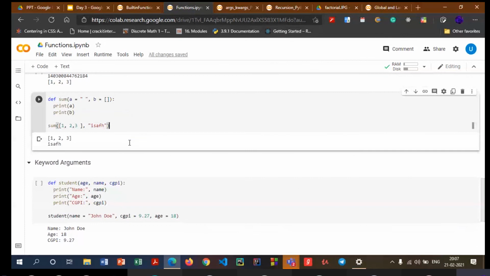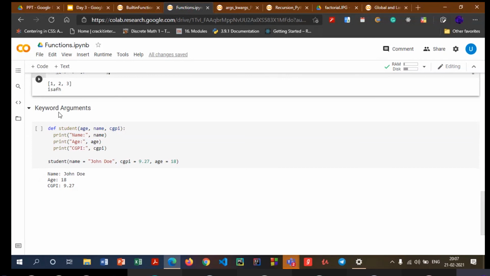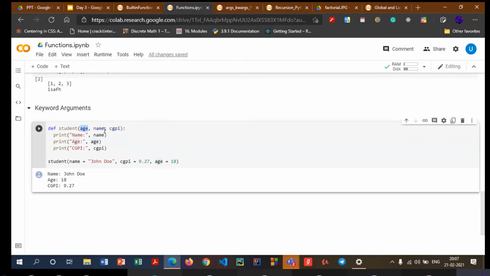When you want the order in which you pass the parameters to not be important, we make use of keyword arguments. You have these three values, for example age, name, and CGPI, which is what the student function takes, and you want to change the order. That is, you can pass the parameters in any order you want. In that case, we make use of keyword arguments. Over here, you can see I have passed the name first, then the CGPI, and then the age.